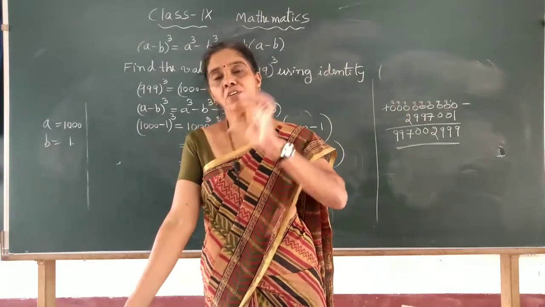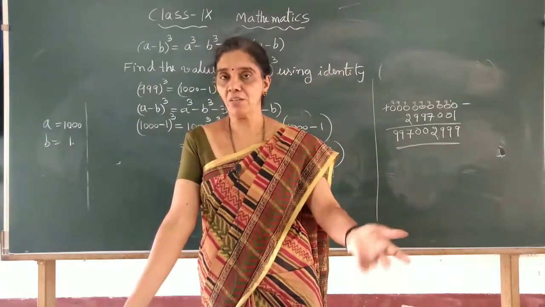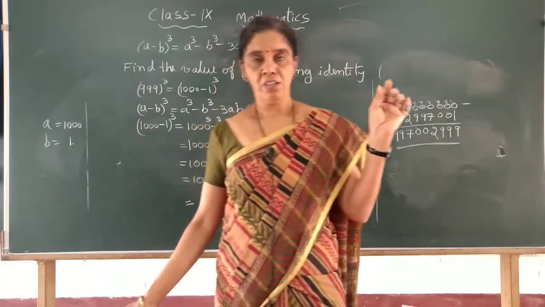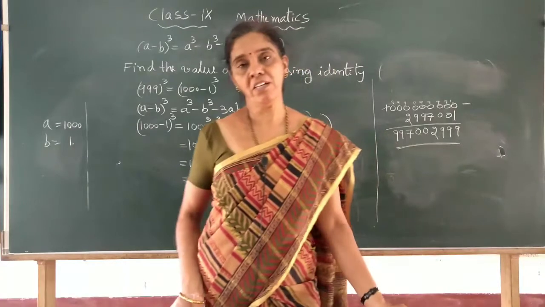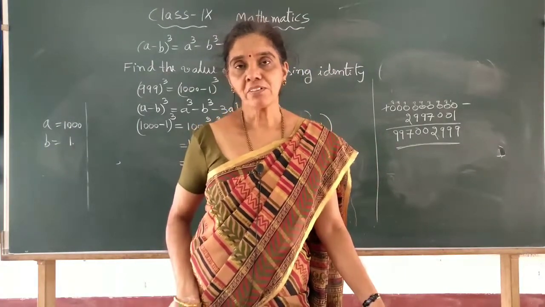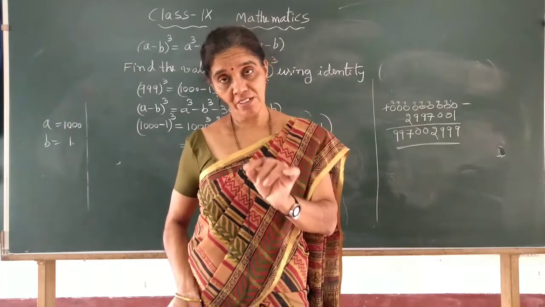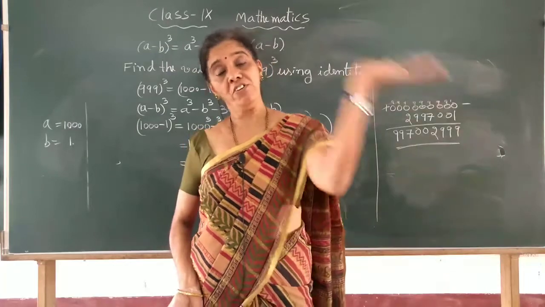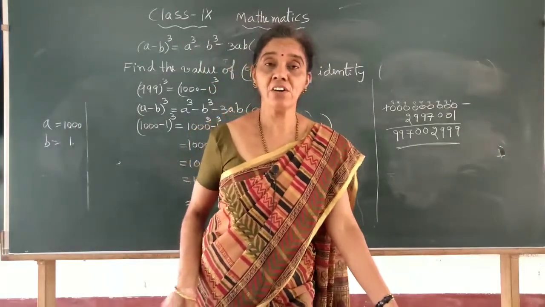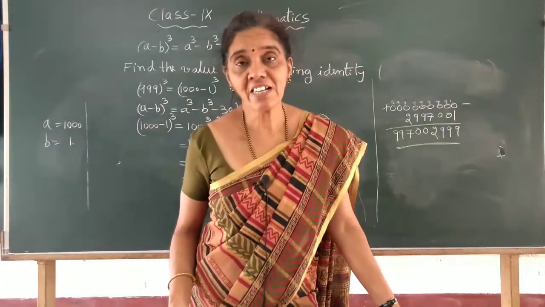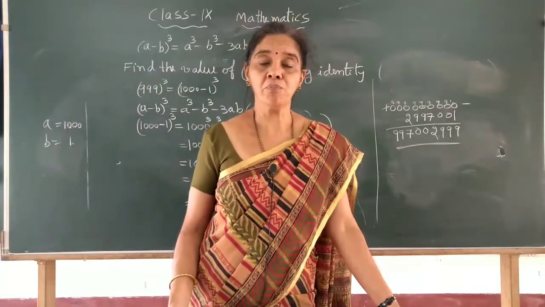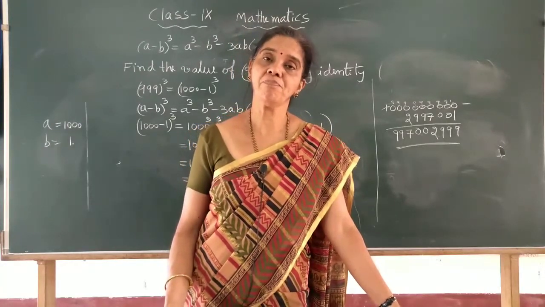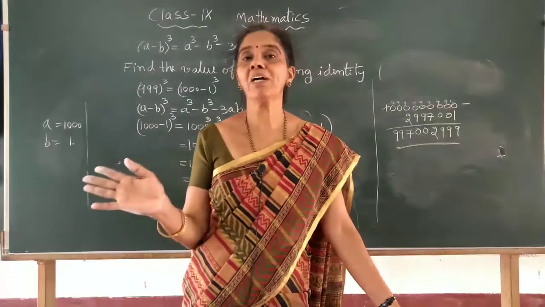The expanded form we have to bring back to the number, factorize it, it is called the reverse of a plus b whole cube equal to a cube plus b cube plus 3ab into a plus b, that expanded form. Now, when they give a cube plus b cube plus 3ab into a plus b, if you want to write a plus b whole cube, that reverse process is called factorizing, writing in the form of a cube. So, how to proceed or how to do this problem? Okay, the identity is the same, but we have to move in the reverse manner.